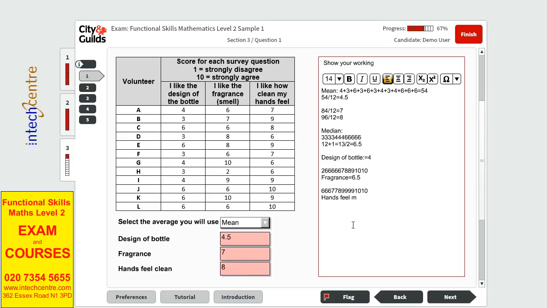Hands feel clean equals 8.5. Now for the mode,